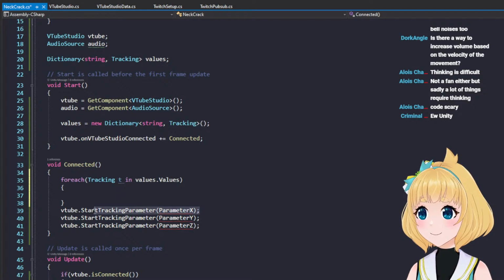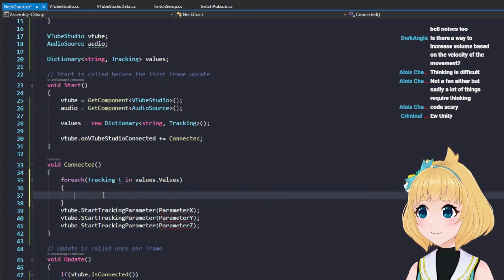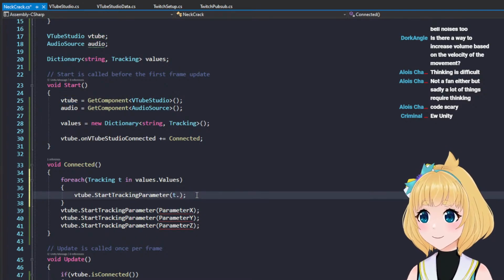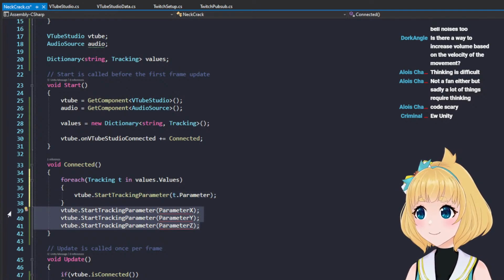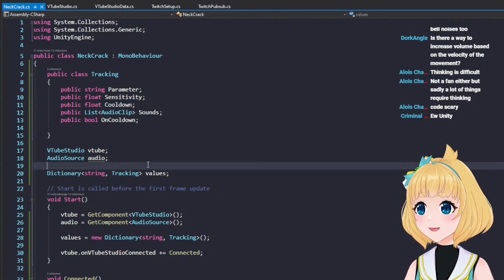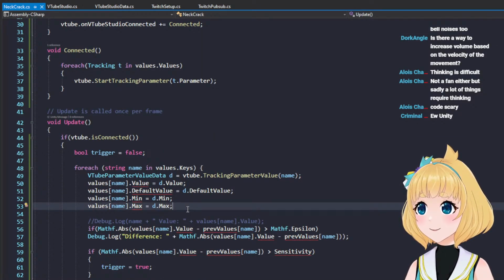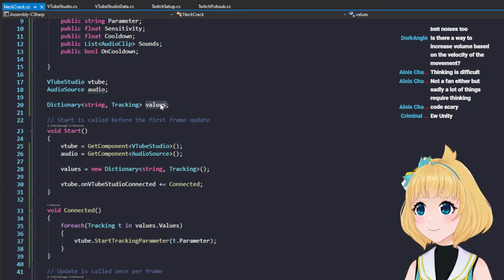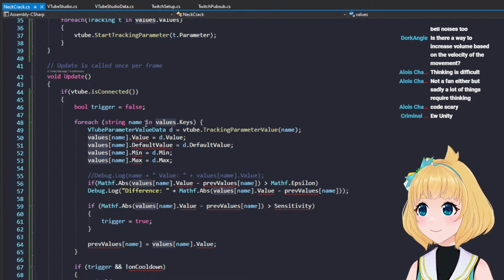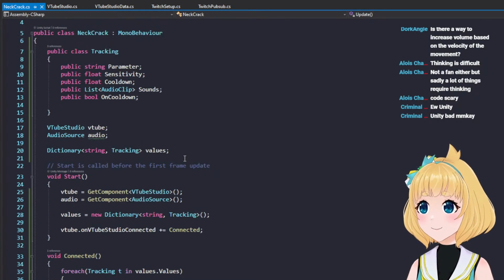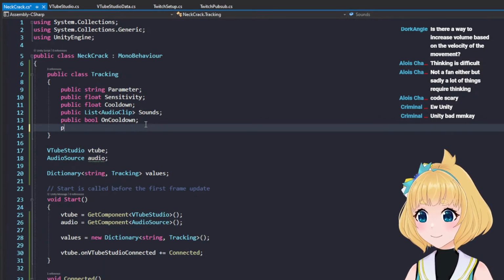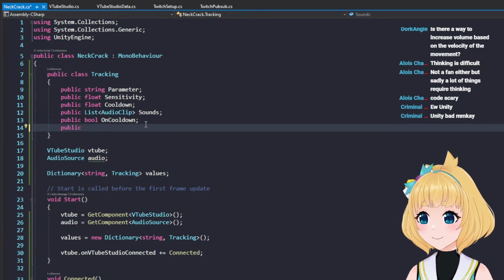So for each one of those, start tracking t.parameter name. Okay. We've started to genericize this. We're good. We're doing good. We're doing good. So for each name, get, oh, it doesn't need a value. Public float